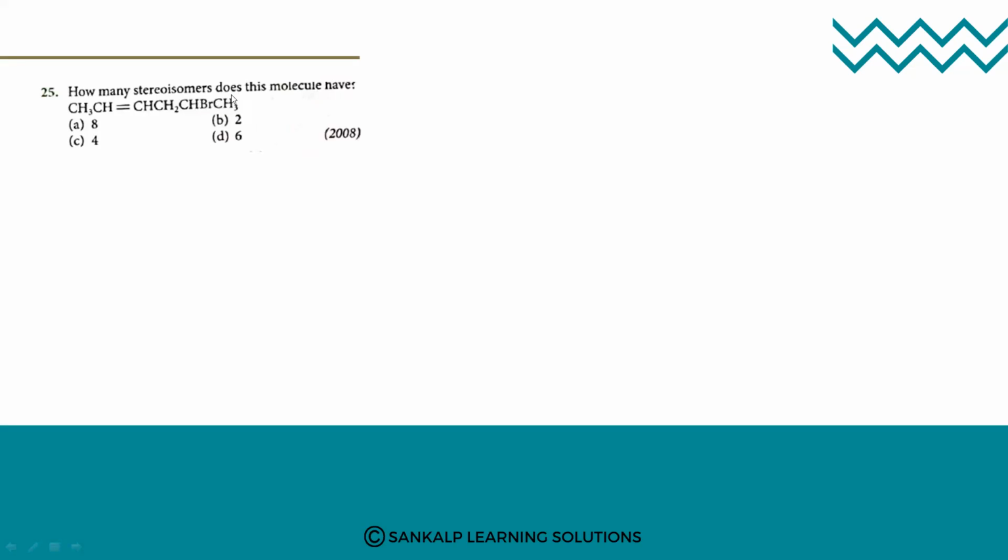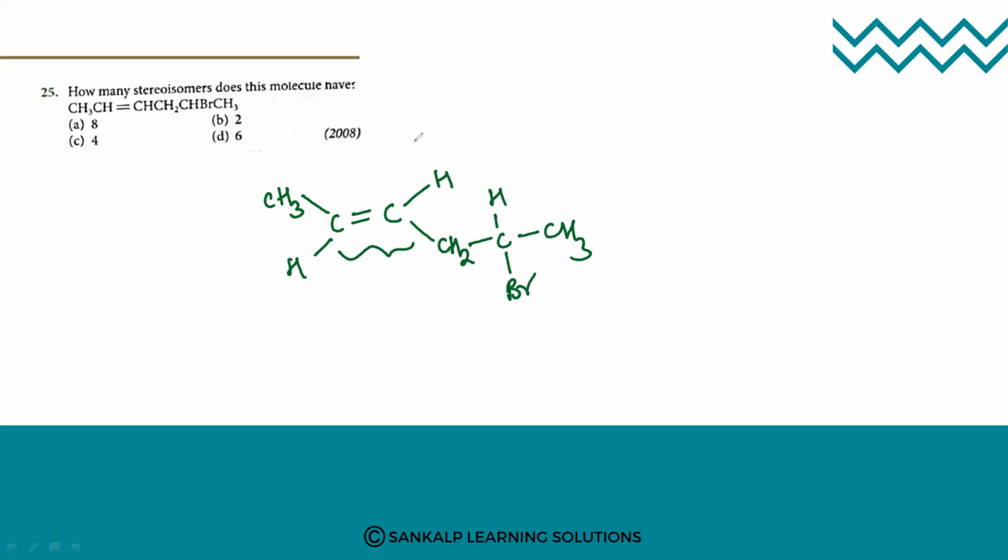How many stereoisomers does this molecule have? So this is the molecule: CH3, CH double bond CH, then CH2, CH, then comes Br and then CH3. So this molecule can be what? It can be